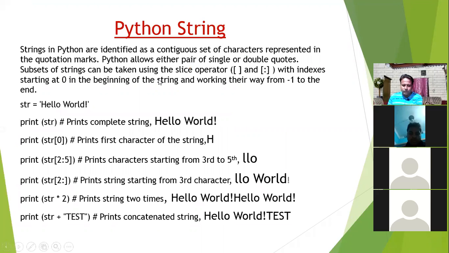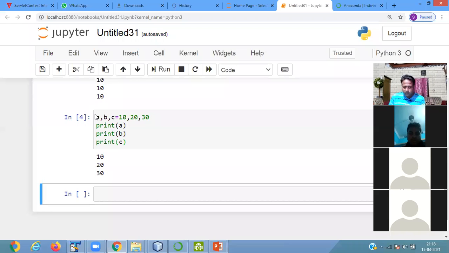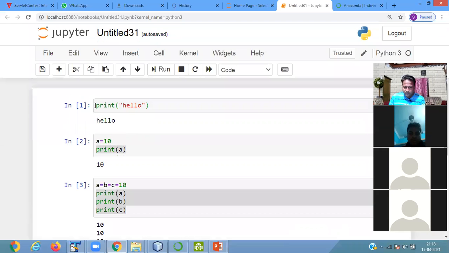Next comes string. A string in Python is a contiguous set of characters represented in quotation marks. For accessing the string we pass the index number. I will give you an example.